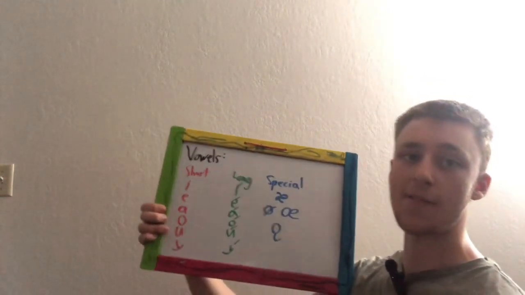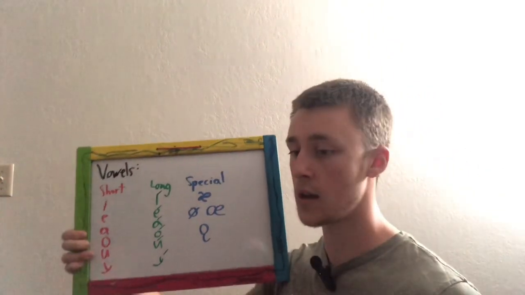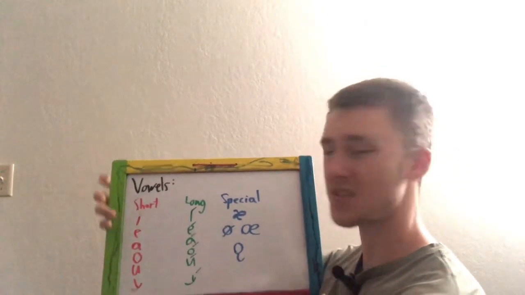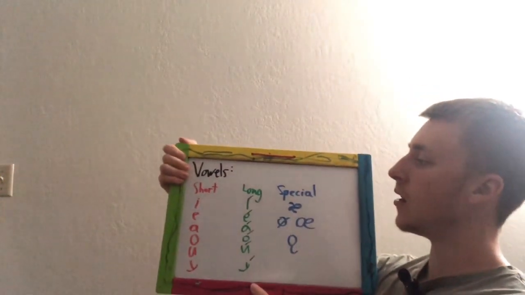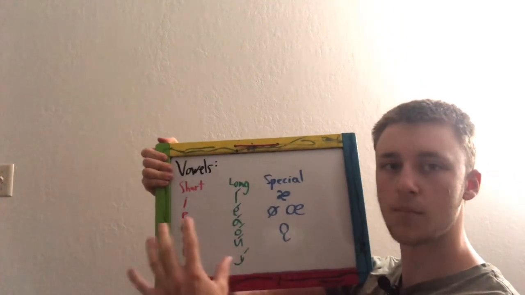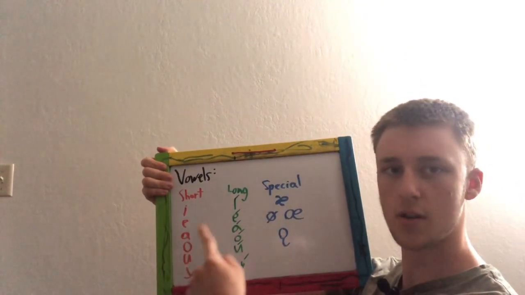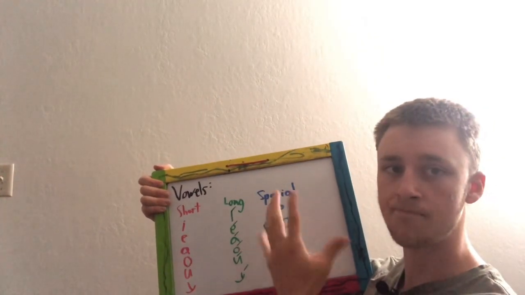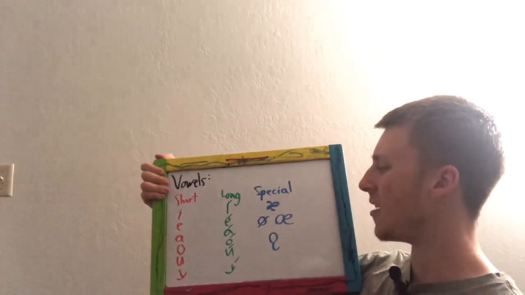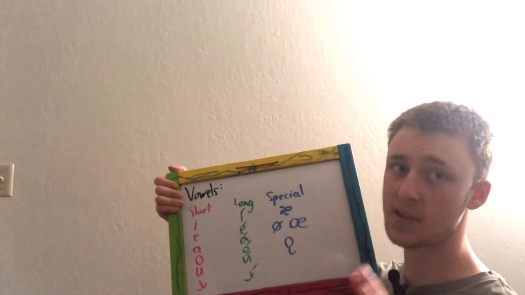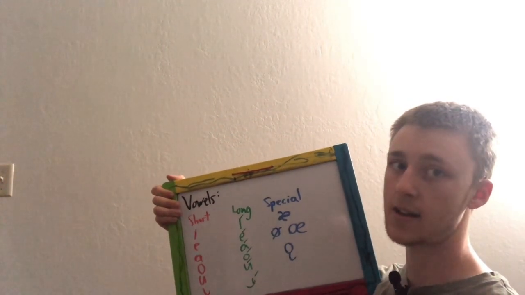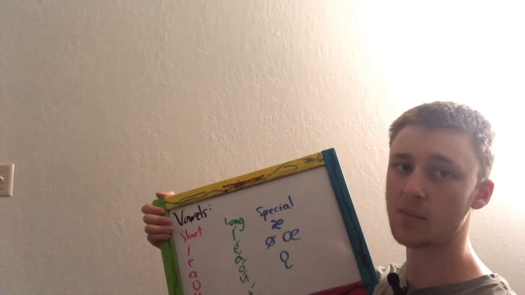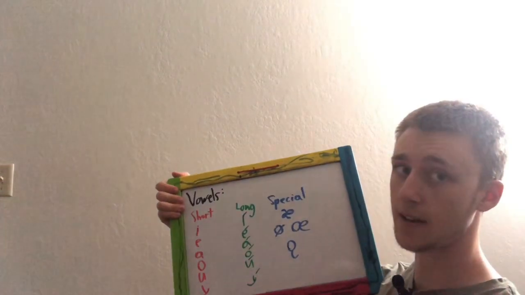So, we got vowels. This is for Old Norse, by the way, because today is my Old Norse day, so I'm just gonna do Old Norse. All right, we got vowels, beautiful vowels. We have short, long, and the special ones. You'll see what I mean. We have them in English, depending on your accent. They're special in the sense that the way they're written down is kind of special, but they represent very common sounds.